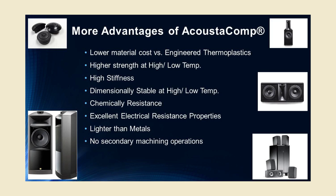They don't move around because they are a thermoset. Once they are cured, the temperatures don't affect our materials. From sub-zero temperatures up to 500 or 600 degrees, you don't see any movement on the parts. Our materials are lighter than metals, and there are limited secondary machining operations, like you see in a die-cast